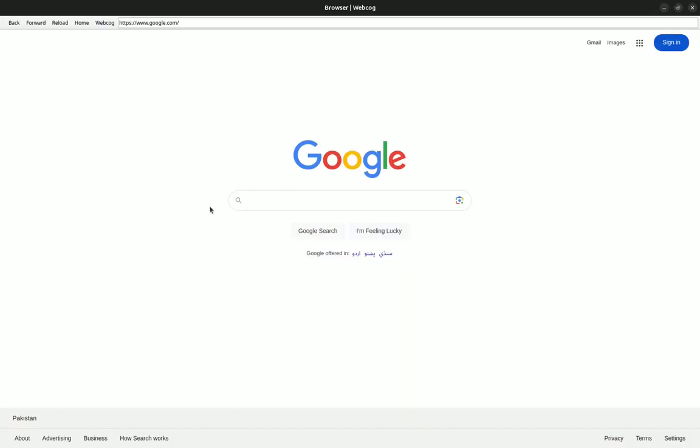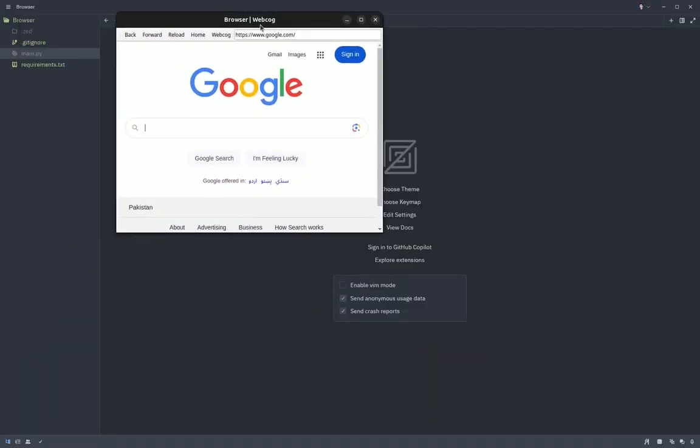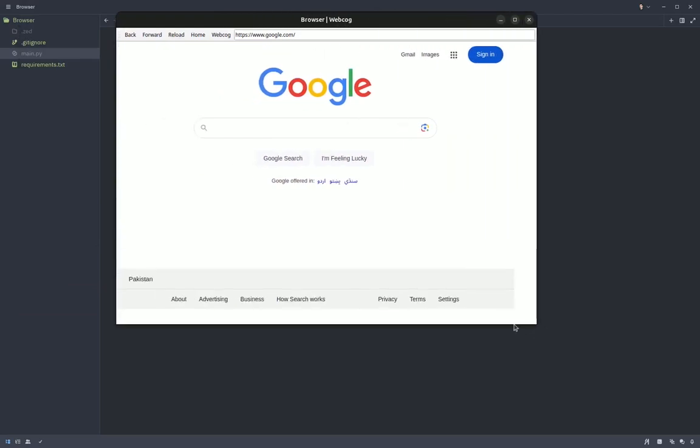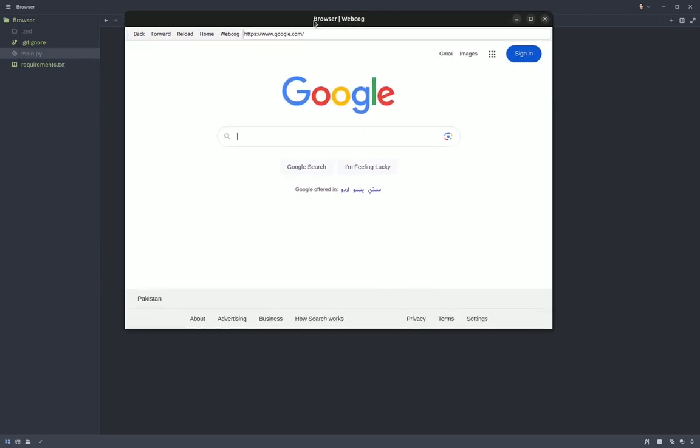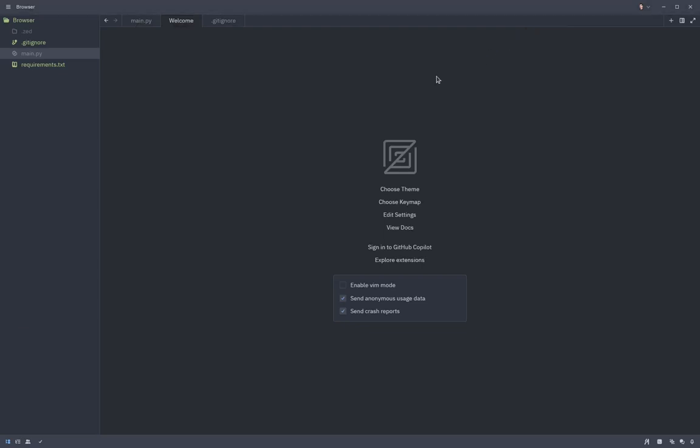So this is my custom browser. You can see this browser is served through PyQt5, and this is our custom title. You can read here, browser pipes and web code. This is our custom title bar, and this is our browser which has one nav bar, with the functionality of minimize, maximize, and